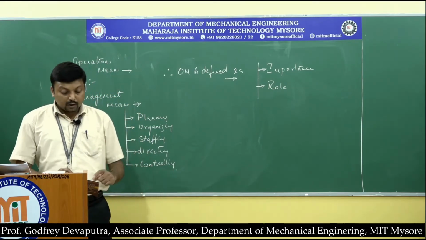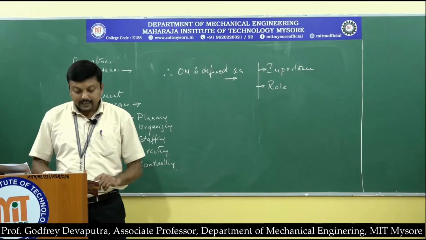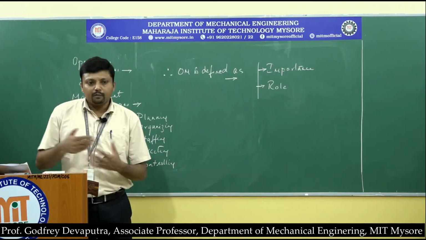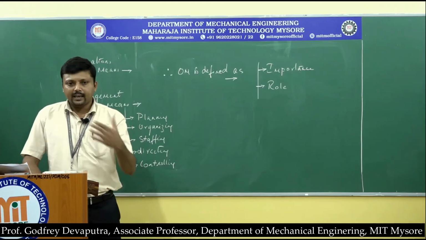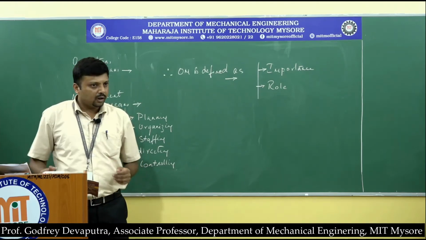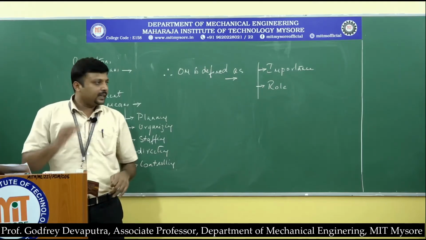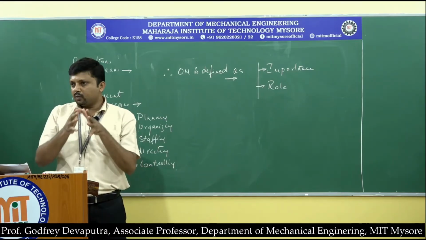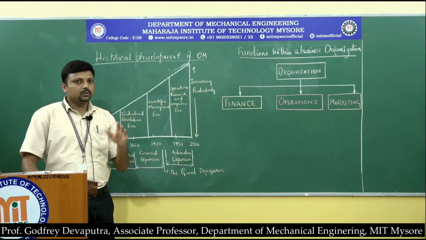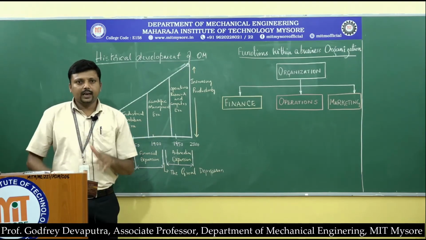So fundamentally, in order to take care of those two major tasks which I stated earlier, an operations manager is supposed to be equipped with a number of tools like forecasting, capacity planning, aggregate planning, master scheduling, material requirement planning, and so on and so forth. The list goes on. These tools are of utmost importance for an operations manager to perform effectively. It is always important to know the past of the subject, or the path through which a particular course of study has come into existence.